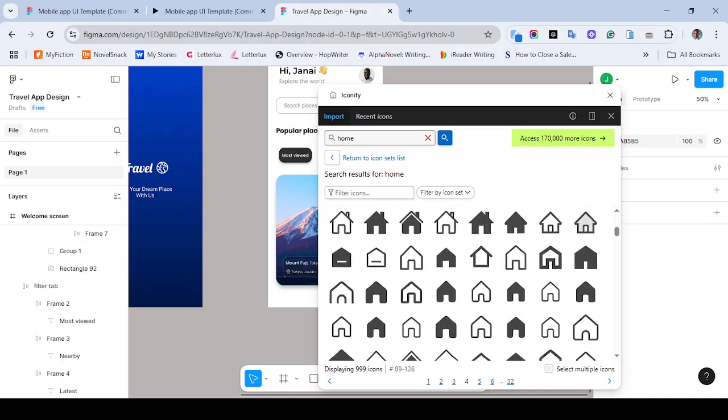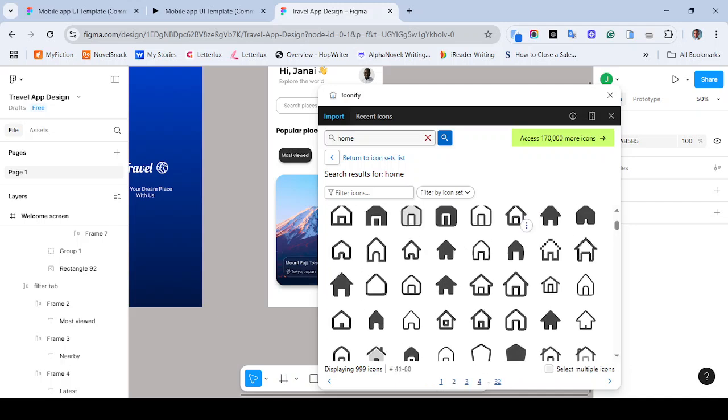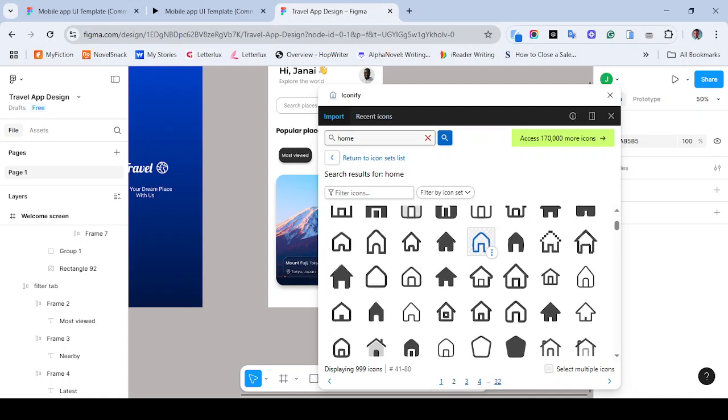Which one should we pick? Which one should we pick? I think let's go with